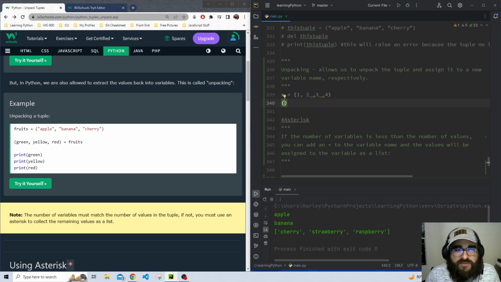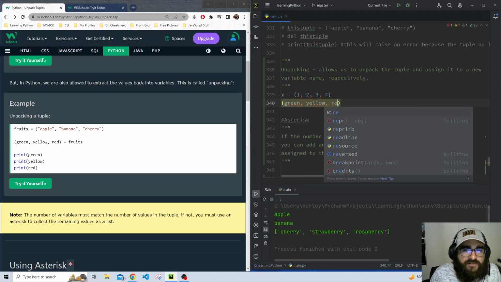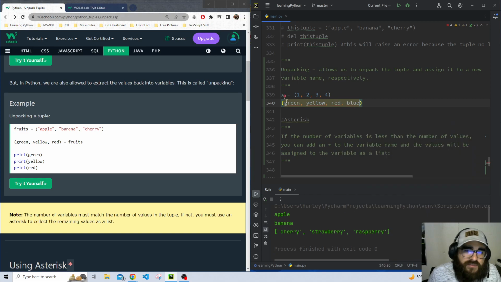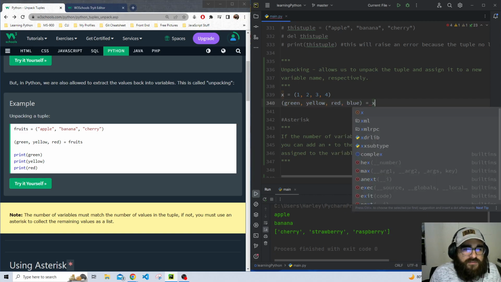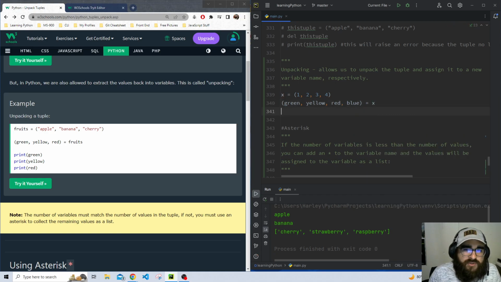So now what we're going to do is assign these numbers to variables. Okay, anyway. So we'll assign them colors, right? Yeah, variables. Sorry. Green, yellow, red, blue, equals x. And then when we print that, green,